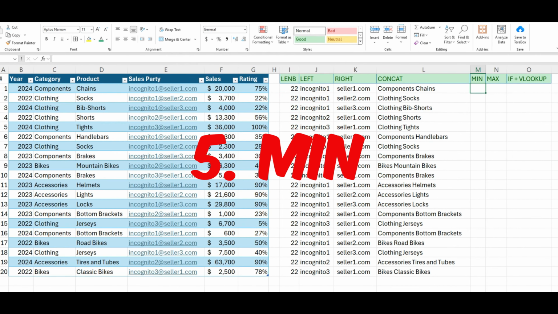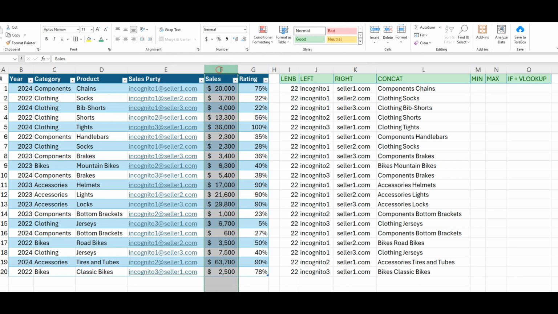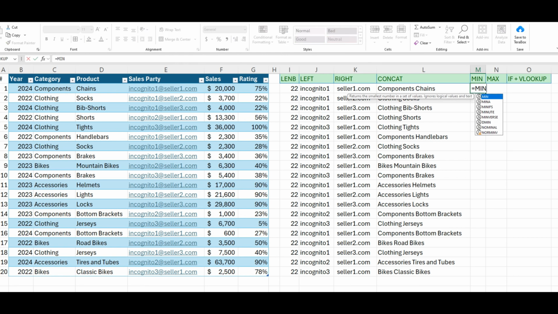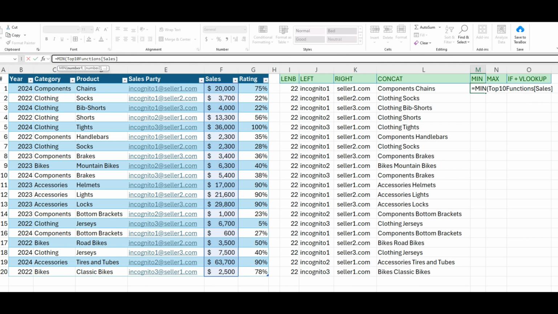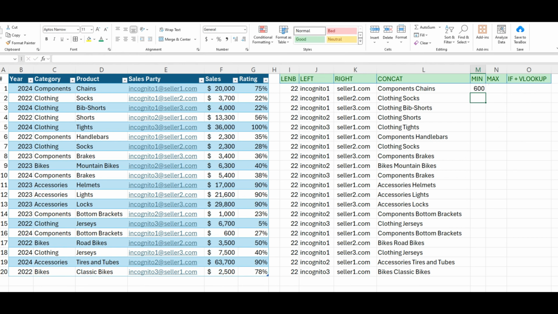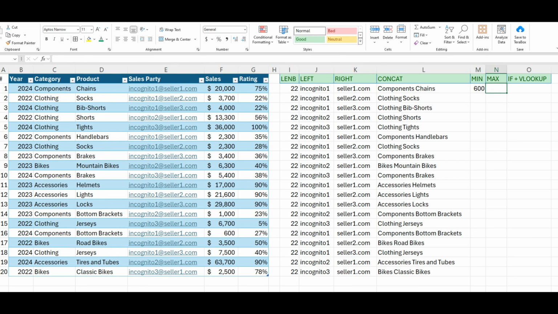Getting back to our peculiar Excel functions, we have here a list of 20 rows. But what if we had 2,000 or more, and we wanted to see the lowest value in the list without sorting or filtering? Well, we can do this with the help of the MIN function. This function is quite straightforward as we only need to type MIN, and then select the cells from where we want to identify the minimal value. We close parenthesis, we hit enter, and there we are. We identified the lowest value in the table.